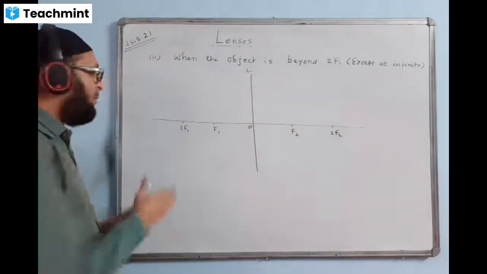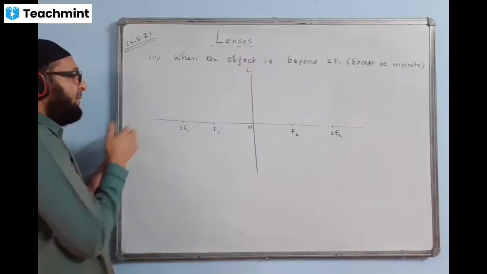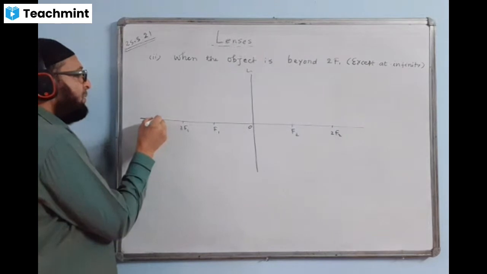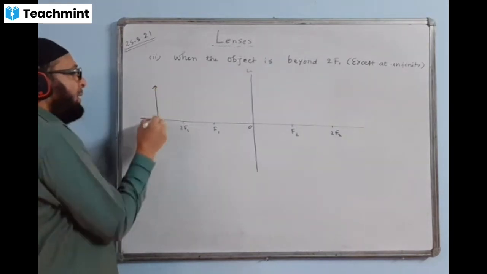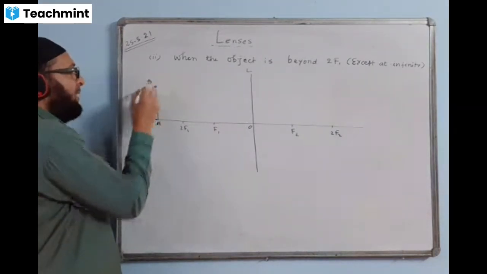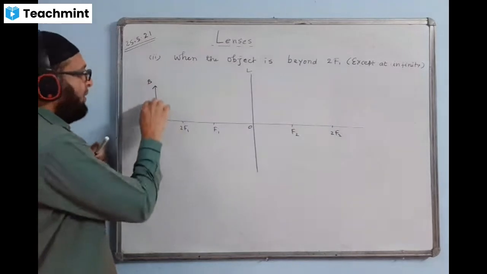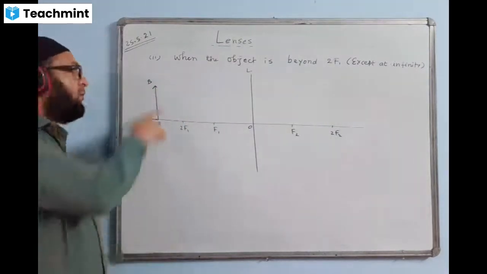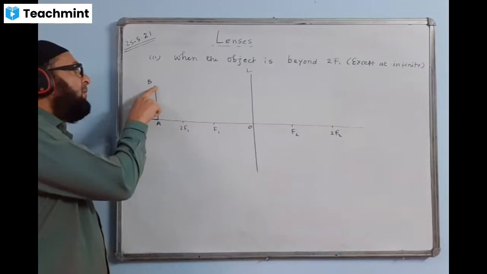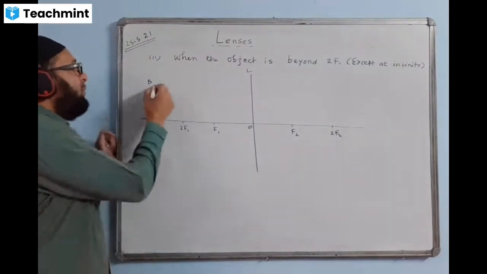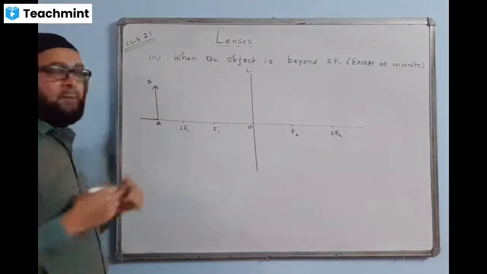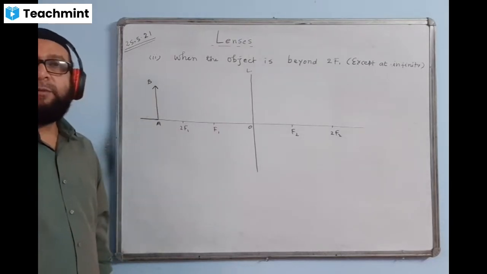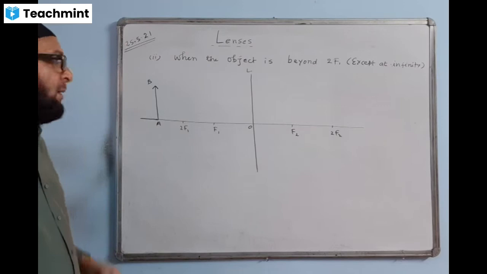Now we are keeping the object behind 2f1, somewhere behind it. Anywhere behind. Draw the object now. Take the height of the object equal to 2 lines, exactly touching the 2 lines. The top point B will have an arrow. We'll mark an arrow there on the top. Okay, we are showing the object is over here. AB is an object.